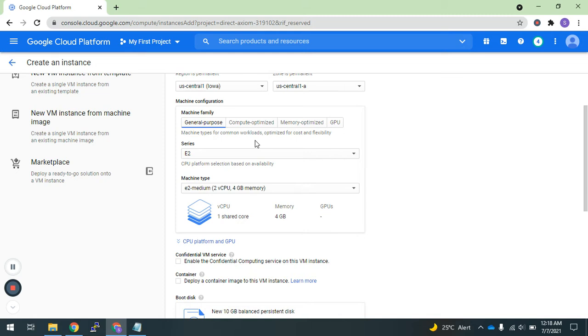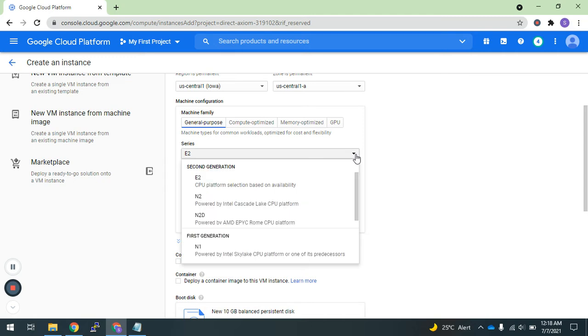Compute optimized is basically CPU powered, so if you want more CPU, you can choose those. Memory optimized is for when you want more memory, for example HANA. And GPUs are for graphics. Suppose you want to run graphics-enabled or graphics-powered applications, then you can go for GPU. In this demo, I'm creating general purpose.